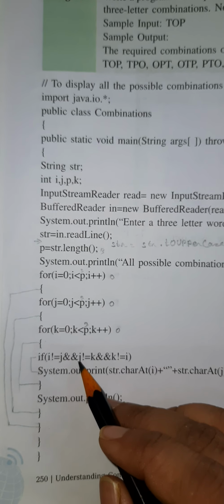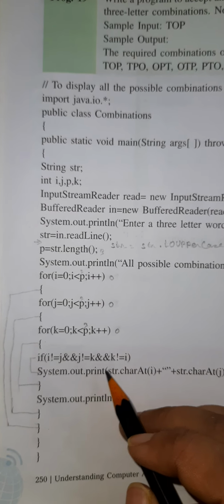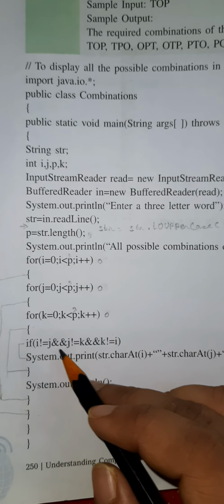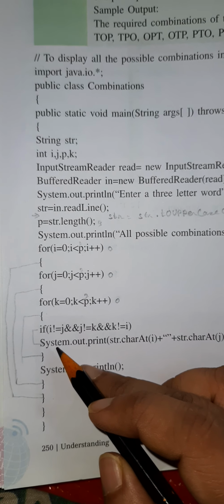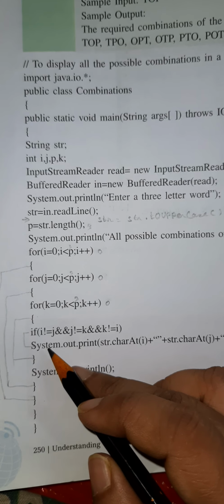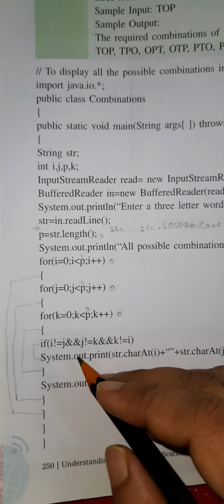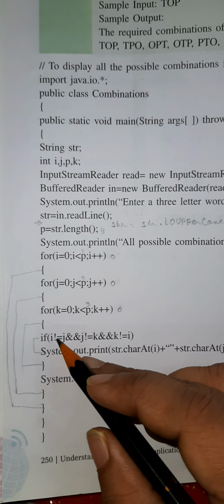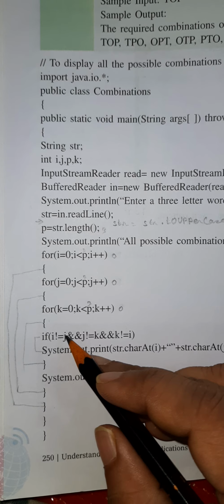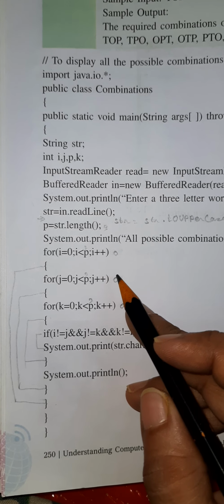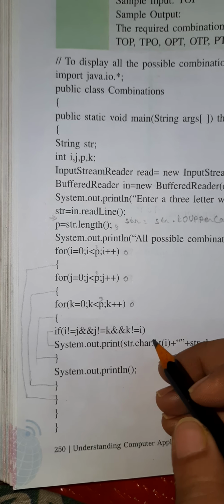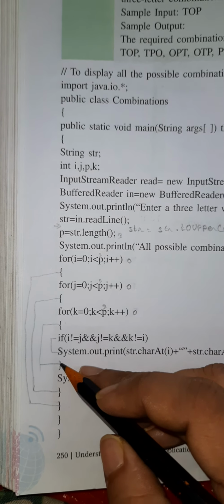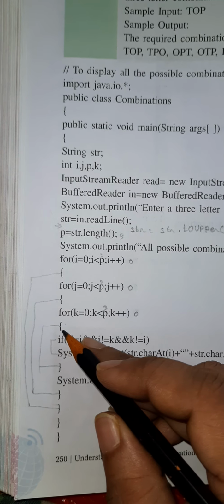In the if part, it is asking, see, and operators are used, logical operators are used. So if any one of the conditions is false, then the total condition is false and it is not going to enter the if statement. So here i is not equal to j? No, it is equal to j. So here the condition is false. Since this is false, no need of checking further. So again it will go here.